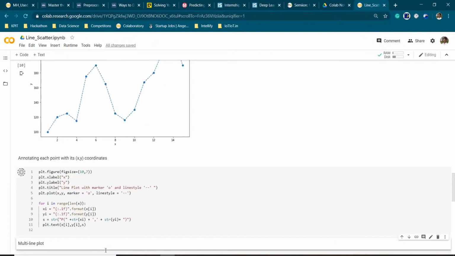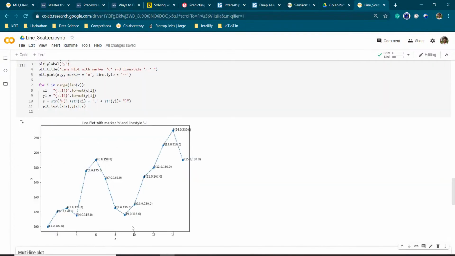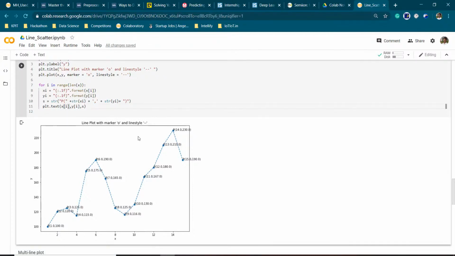So let us see our graph. So here you can see that our line has been plotted, and also it is representing the x and y coordinates respectively. So we can shift the value of x and y a little bit higher. So here we are going to add some values such as 0.03.